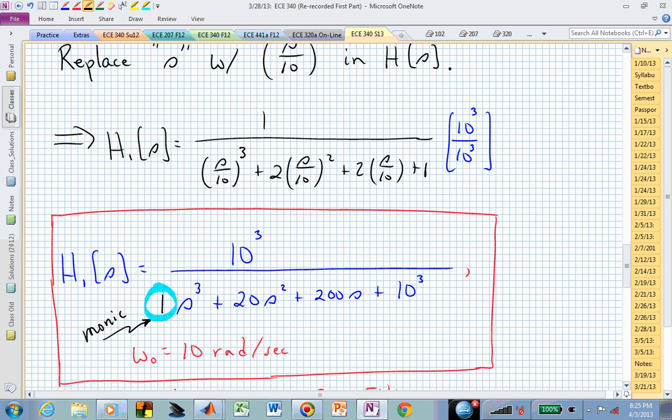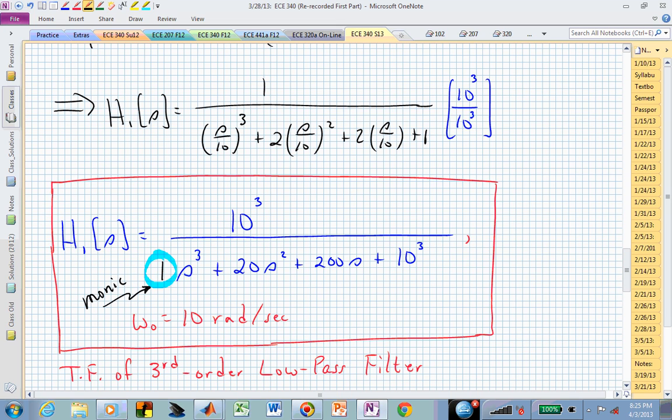In the s squared term, we had 2 over 100, which we now scale by 1,000. That gives us 20. In the linear term, or the s to the 1 power, we have 2 over 10, which we scale by 1,000. We have 2 times 100, or 200, and then we scale the constant 1 by 1,000. We now have this